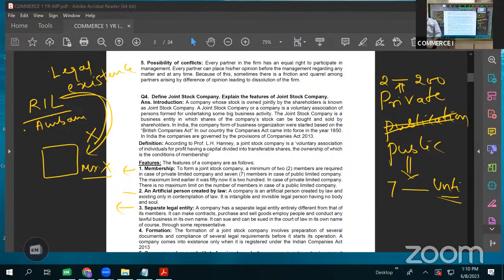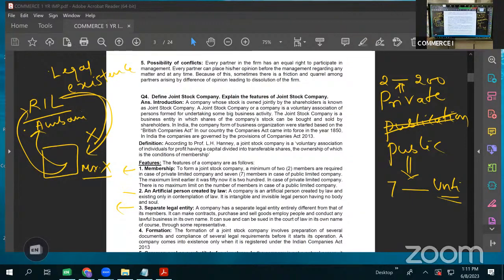Because, as I said, a proprietary firm and a partnership firm do not have a separate entity. They are known by their owners or partners only. But when it comes to a company, if any problem occurs, we will not directly call Ambani. We will call Reliance Company, isn't it? Because Reliance Company has a separate entity. It has legal existence and it exists separately, away from the proprietor or the owner of it,